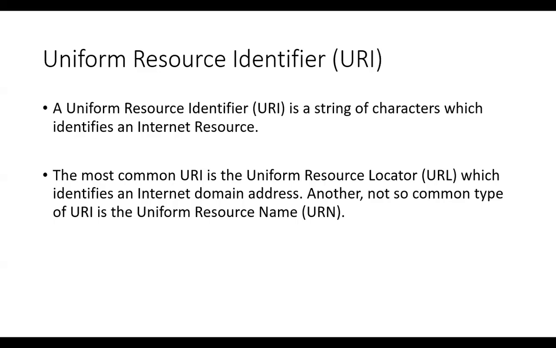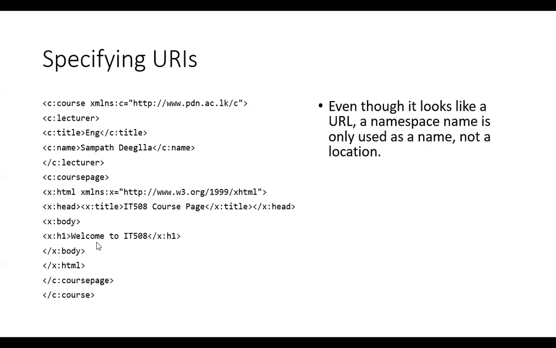So these are quite useful when we need a unique identification, especially when we want to represent unique information. So when you want to specify a URI, in this particular case, we are using a special attribute for this. When you want to specify URIs, we use what we call xmlns, this attribute, to define each of these